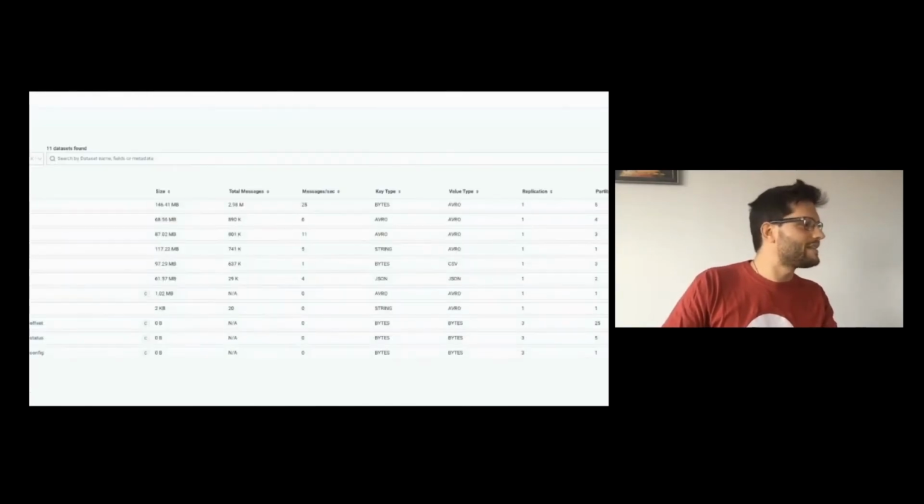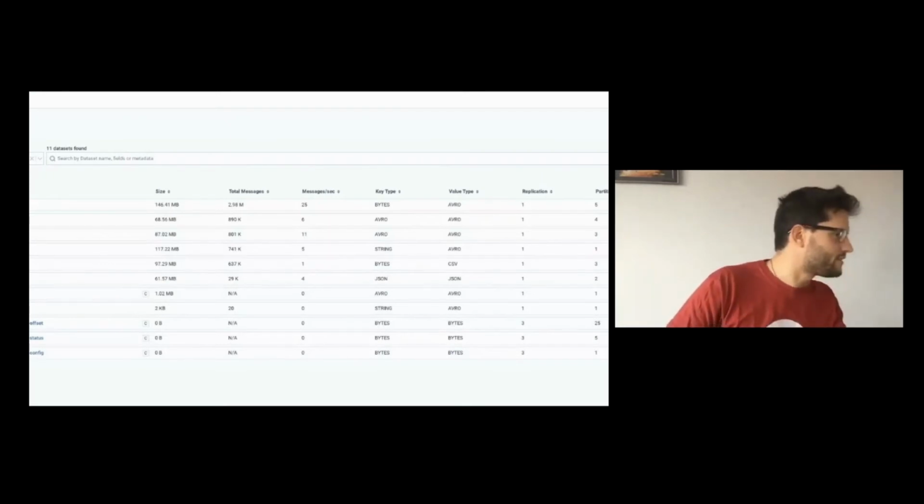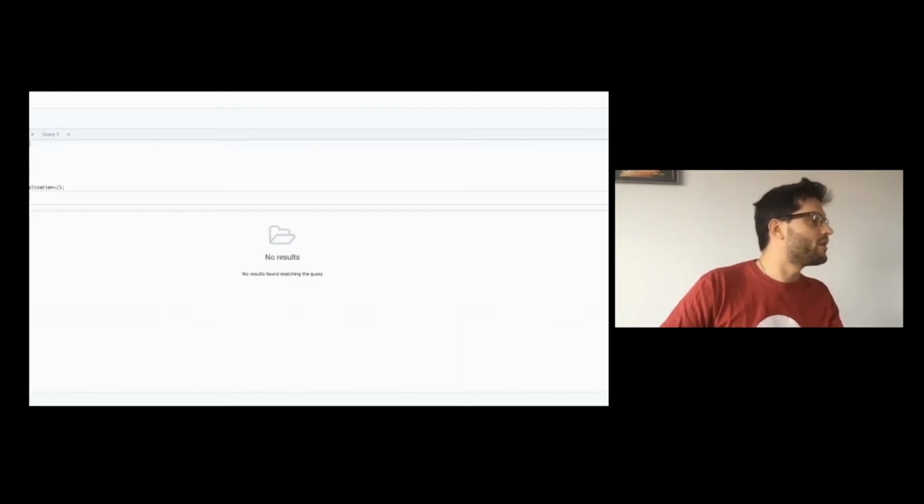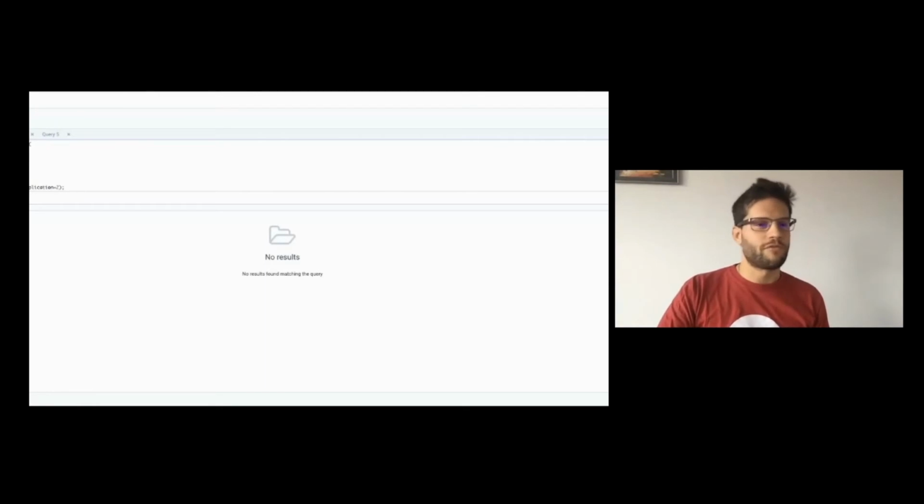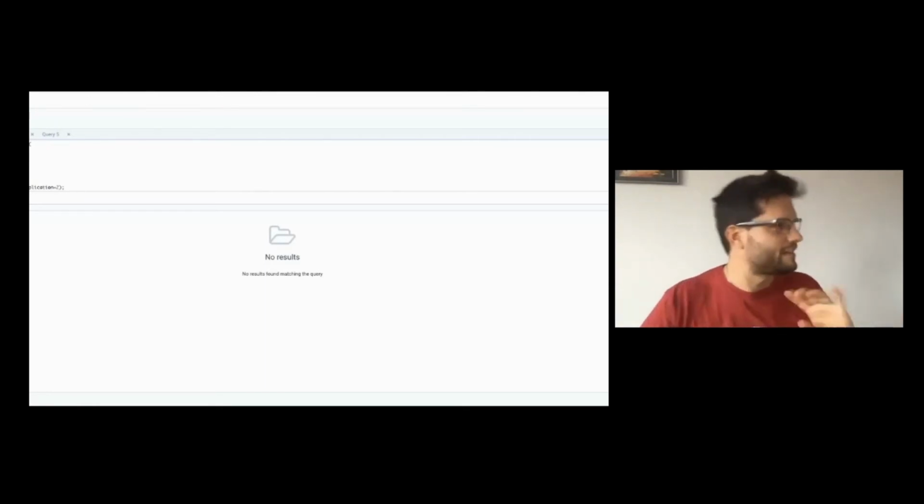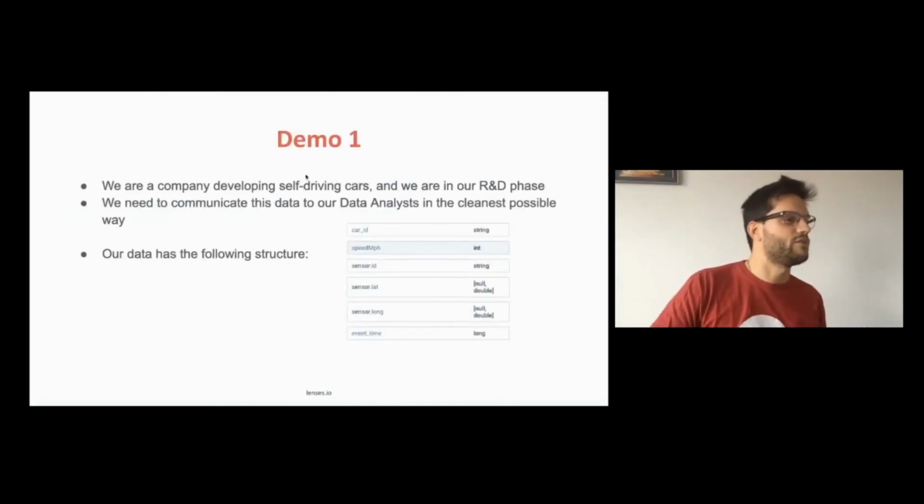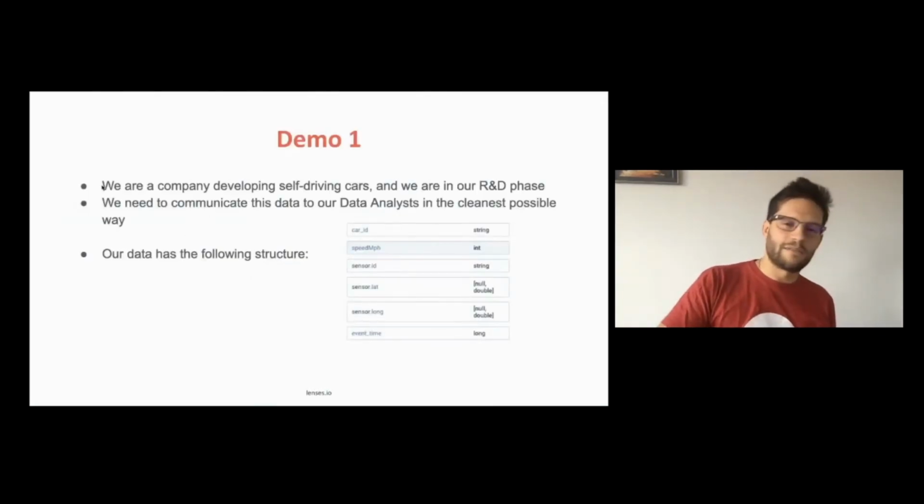So in Lenses, I actually didn't mention this, I can mention it straight away. We're going to create a topic and simulate data. Actually, let's go back one second to our demo and introduce what we're actually going to demo. The idea here is that we are